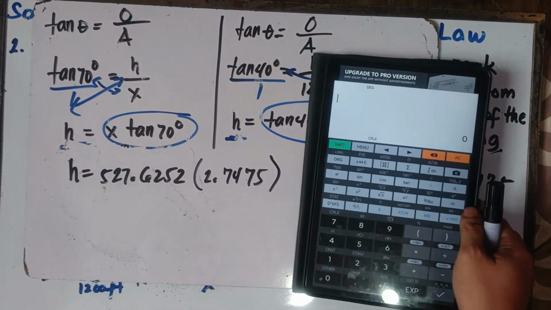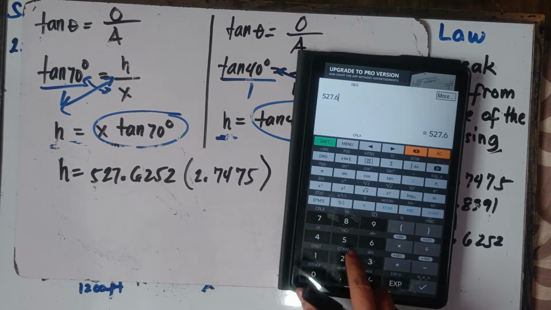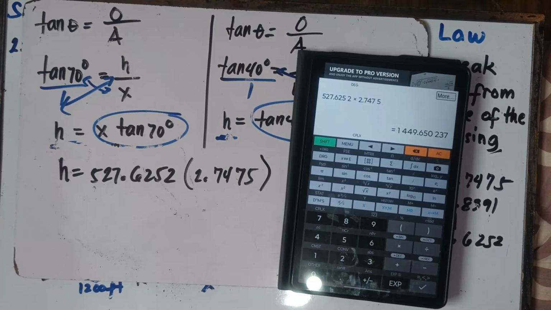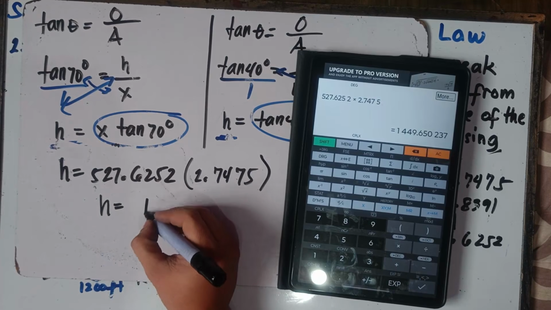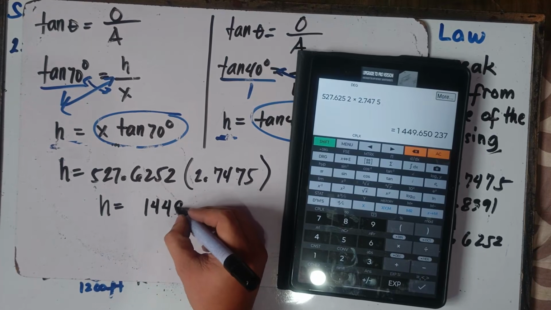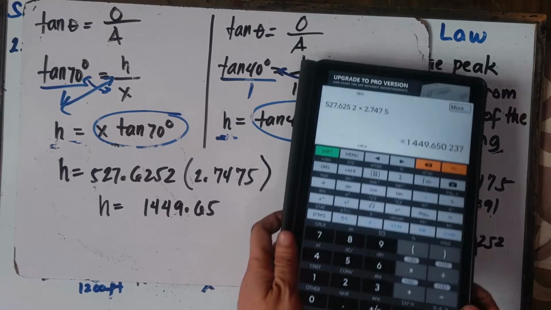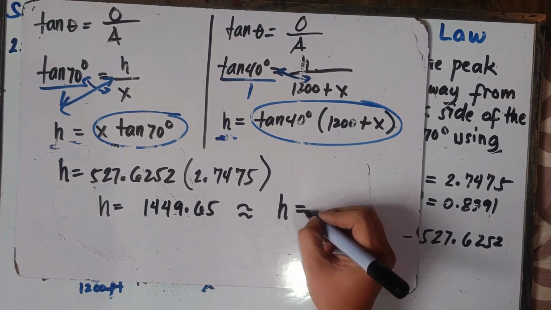Simply multiply this one. So 527.6252 times 2.7475, and the answer, class, is h is equal to 1,449.65. And then that's it, class. You're all set. So this will be approximately, h is equal to